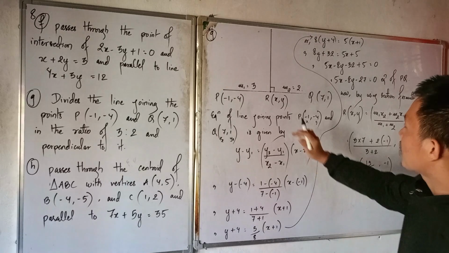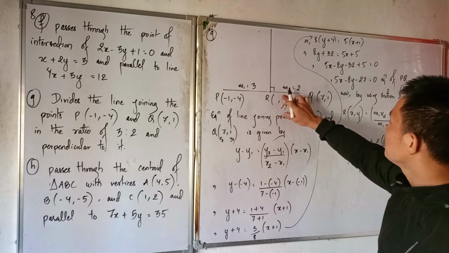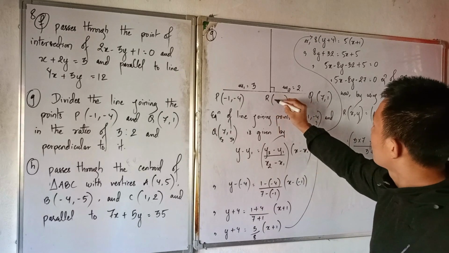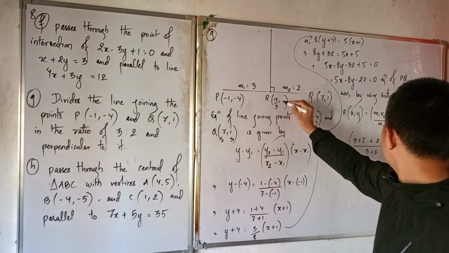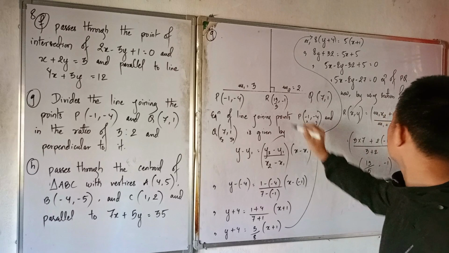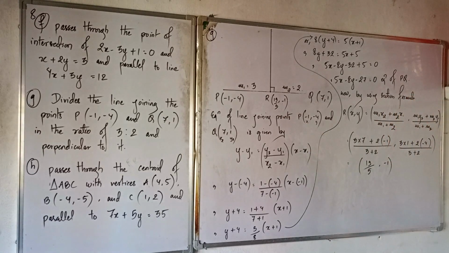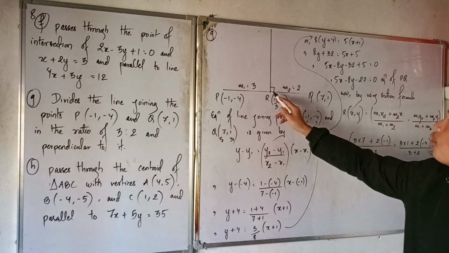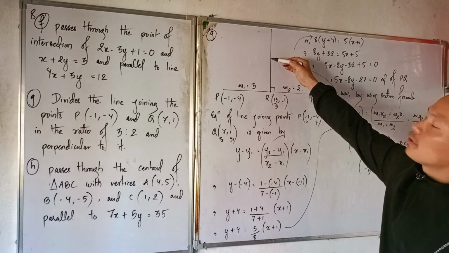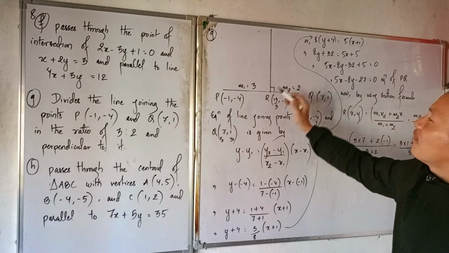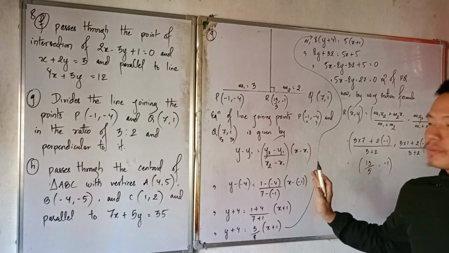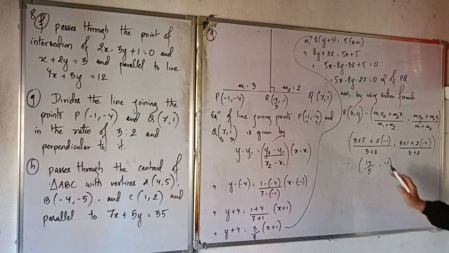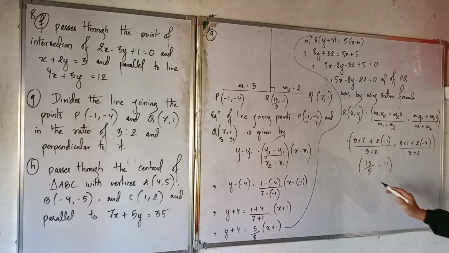So here we got the point R, 19 by 5, minus 1. This is the point at which the perpendicular line which we have to find divides the line PQ in the ratio 3:2. Now after finding this point, you have to suppose the line